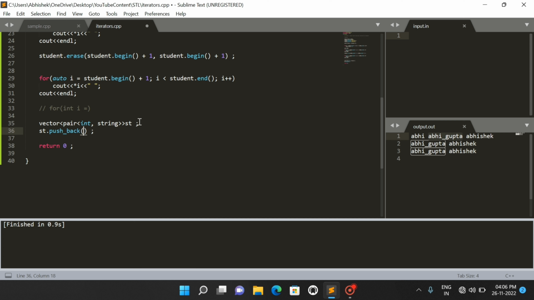I want to push a data which will be a pair, so I'm providing a pair. We can provide insert with the help of curly braces. So now first I will be giving, okay, this is index and this will be the name. That's fine. So now if I want to iterate with the help of an iterator, how will I be declaring